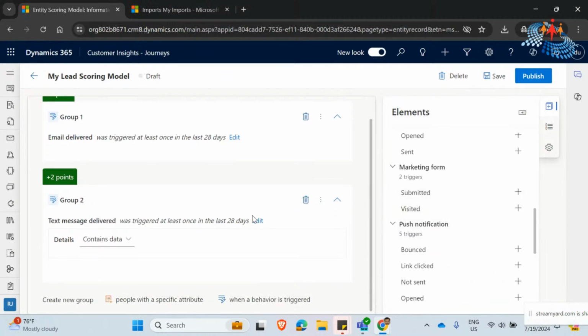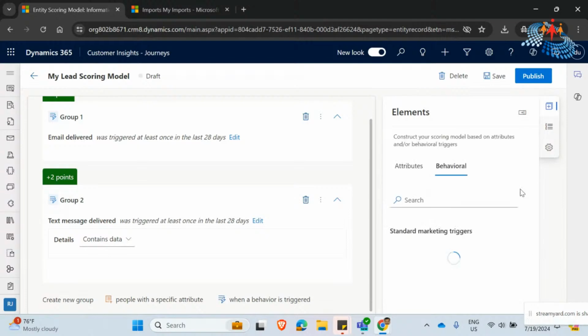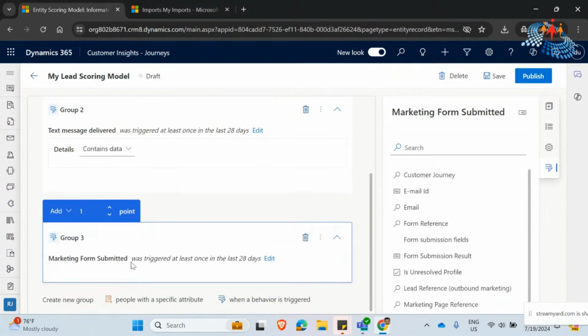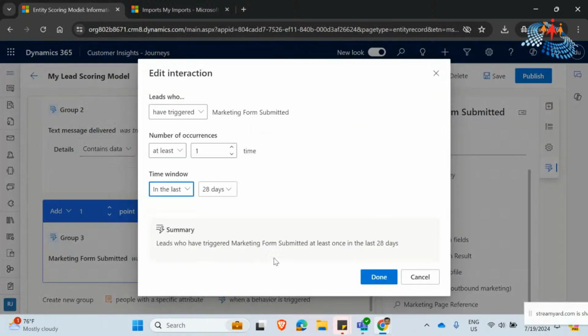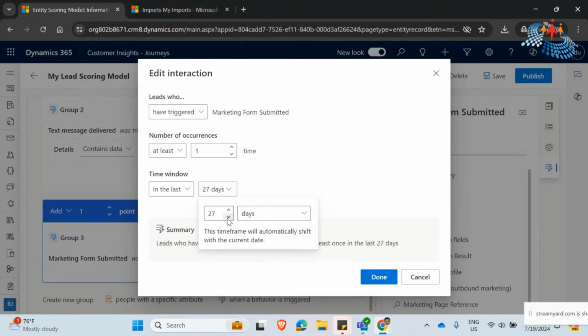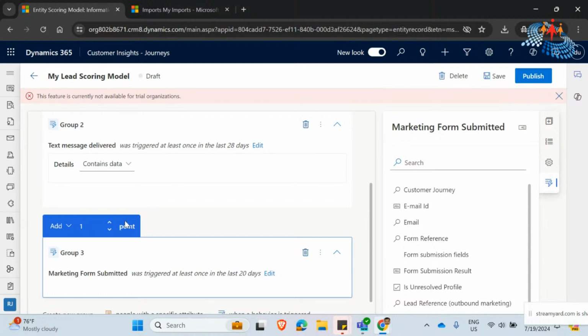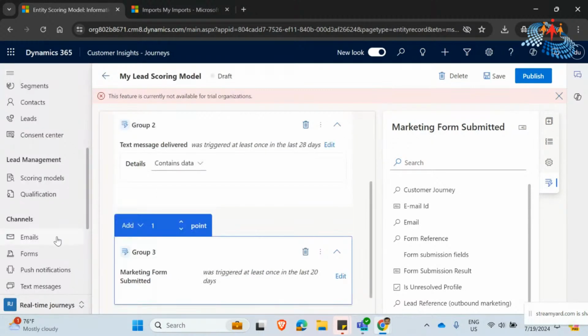Now, what we are going to do? Let's say that the marketing was a standard marketing trigger. I will use it as a trigger, saying that the marketing form was submitted. So I can select that one, at least, and I'll keep this one as last 20 days. If you are able to publish this one, then what we are going to do here,